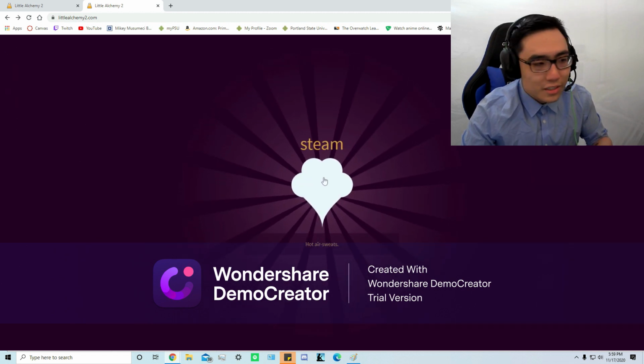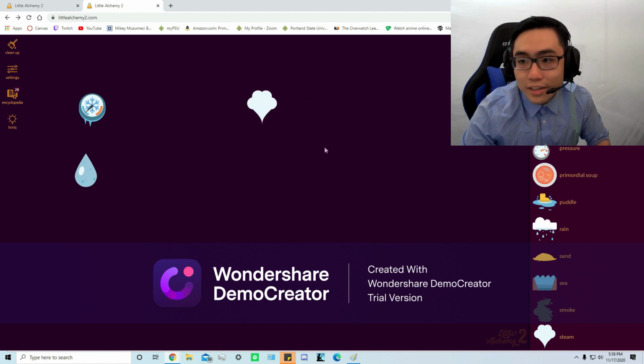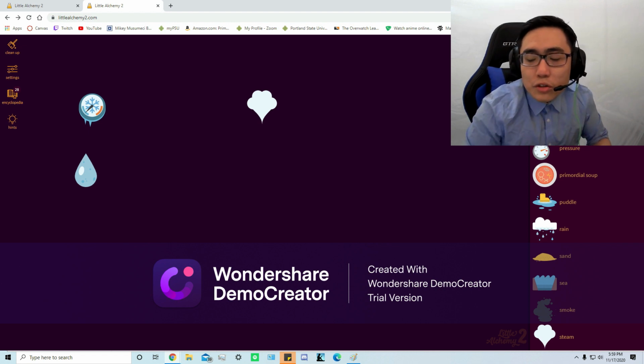steam, like this. Isn't that cool? I thought this was really cool when I found this. So yeah, some of it will become steam, and steam is a kind of gas. And gas is a form of matter that is kind of like air. You can't really hold on to it, and you can put it in a container, but it might get out.